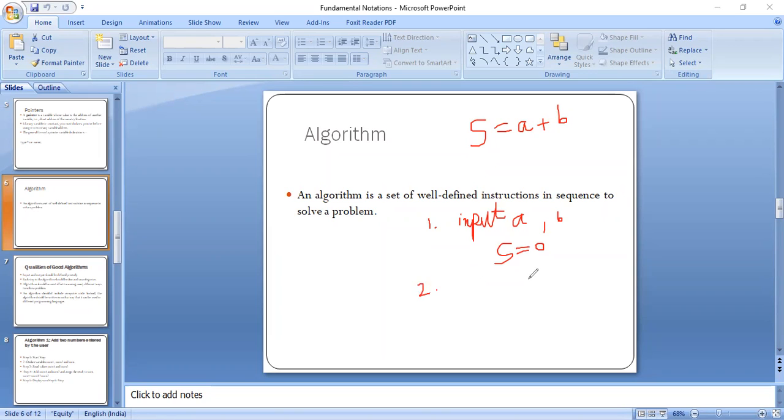Then step 2: I have to solve the problem, so I will process S equals A plus B. Then I will display the result. We will simply print S. Alright, so S is holding the result of A plus B. We will print S, and afterwards we will simply exit.